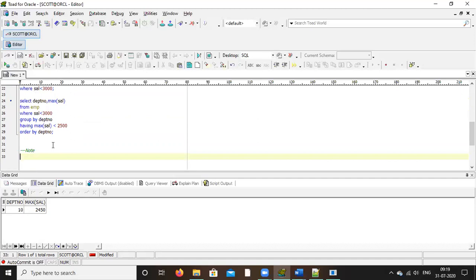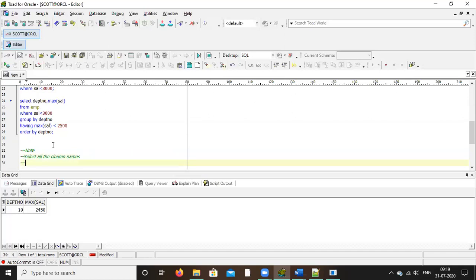Just write select. What does select mean? You have to write all the column names. This is very, very important; if you are clear on this, only then can you write the queries.